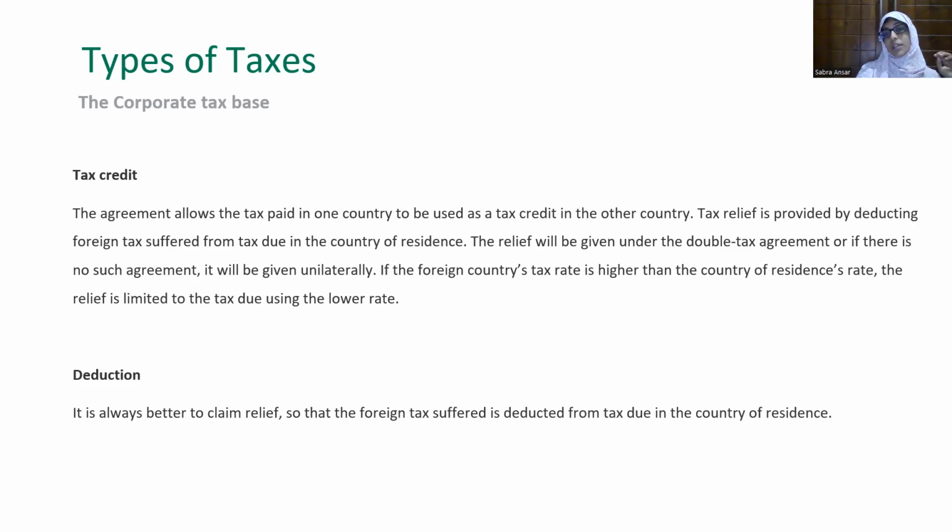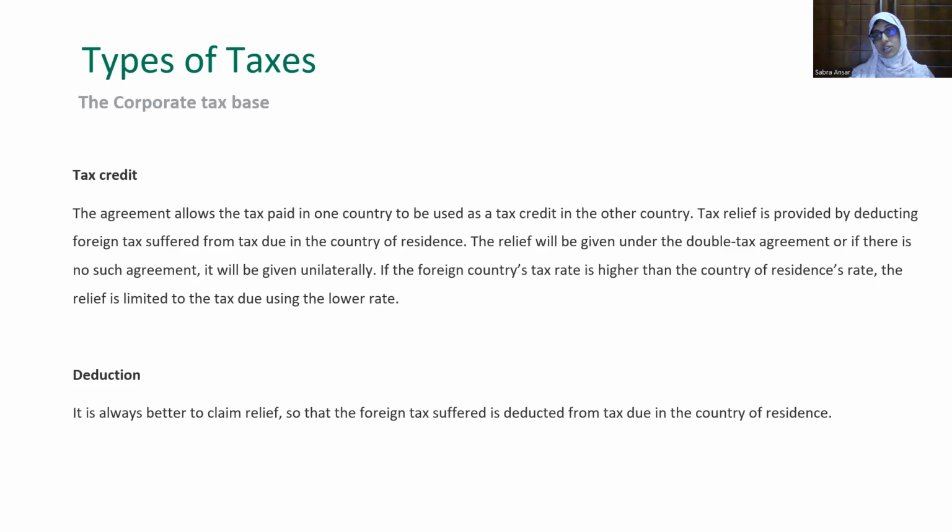So relief will be given under a double tax agreement, and if there is no such agreement, it will be given unilaterally. If the foreign country tax rate is higher than the country of residence rate, then the relief is limited to the tax due using the lower rate. So that is tax credit, where the tax which is paid in one country can be deducted